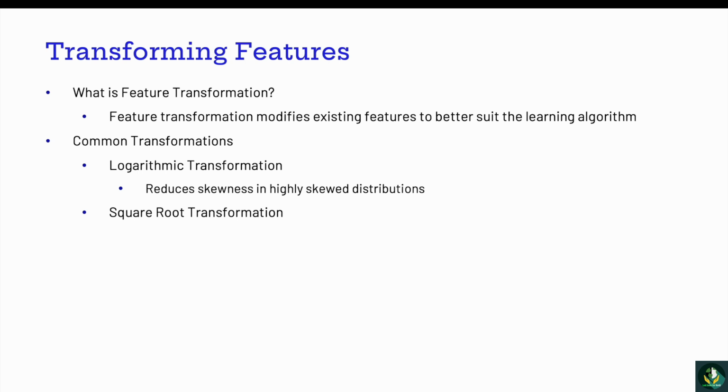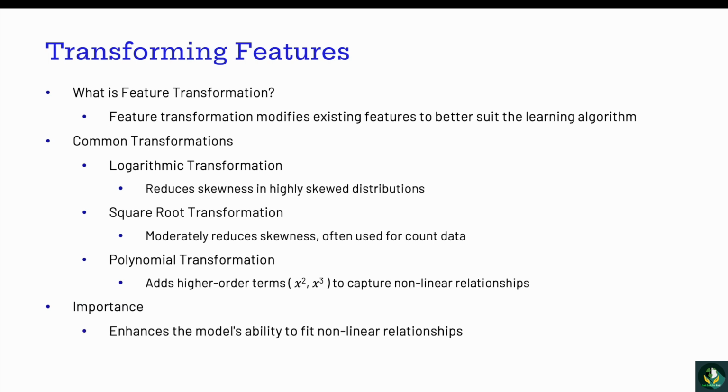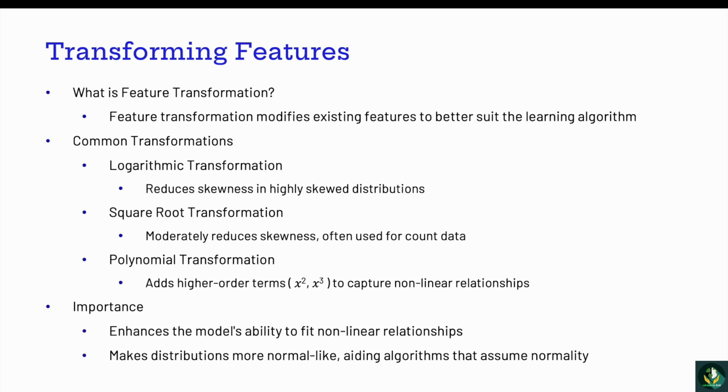Next is square root transformation, which moderately reduces skewness, often used for count data. An example is applying root of x to event occurrence data. Then we have polynomial transformation, which adds higher order terms, x square, x cube, to capture nonlinear relationships. An example can be including x square when the relationship between features and target is quadratic. The importance of this is it enhances the model's ability to fit nonlinear relationships and makes distributions more normal,